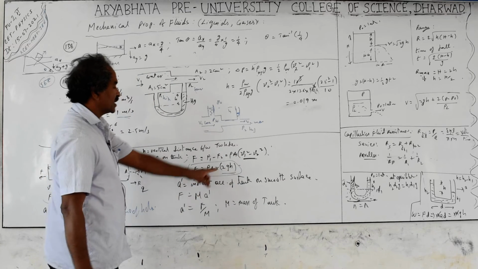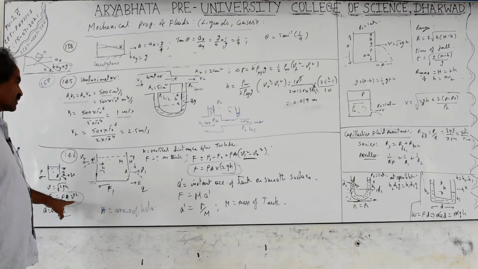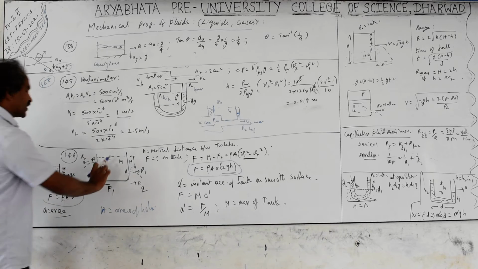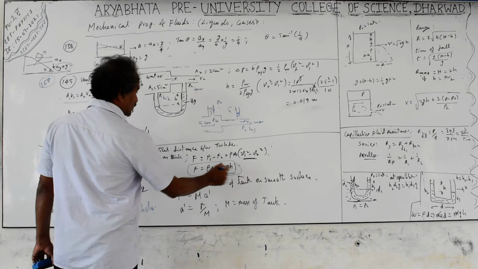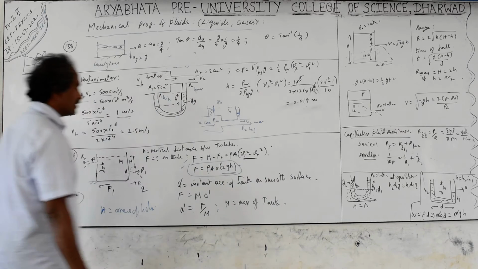For a single hole, you will get 2 rho A V square only. For the difference, you also get rho A V square, but here there is only a single height h. Here you are getting the difference of the two holes, and the height is h. So it is rho A into 2gh. This is the formula, and generally they don't give the formula, only values, and they will ask you.